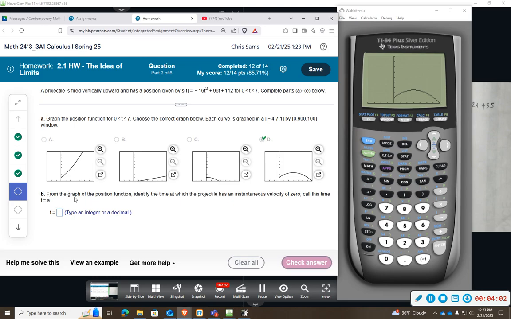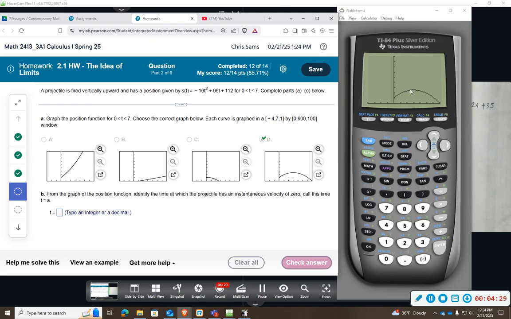All right, so it says from the graph, the position function, we're going to identify the time at which the projectile has an instantaneous velocity of 0. We're going to call this time TA. So instantaneous velocity of 0 means the slope is 0. That's going to be this horizontal line here, which is the maximum. Looks like that happens at 1, 2, 3, and we go up